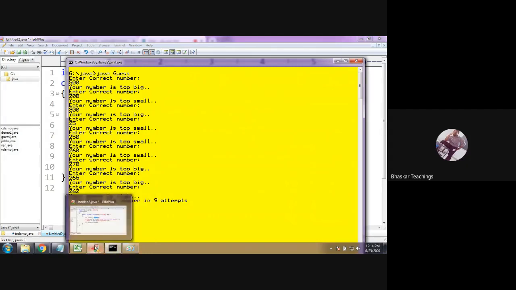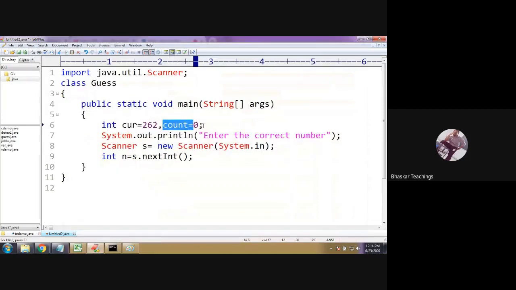So here the logic is the same process being repeated, right? First, how are we going to compare whether the number is equal to 262 or not? First, check if the user entered value is equal to our value or not. Our value is cur, right?